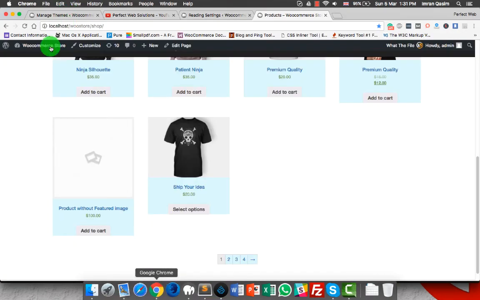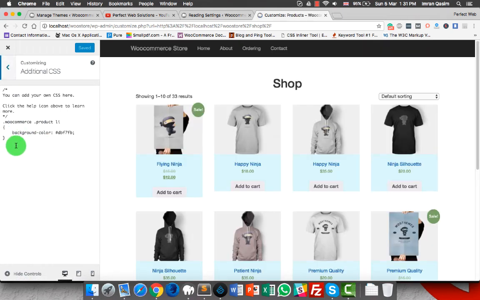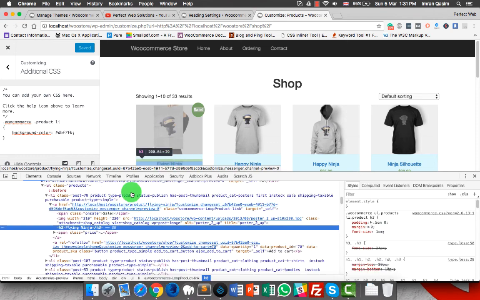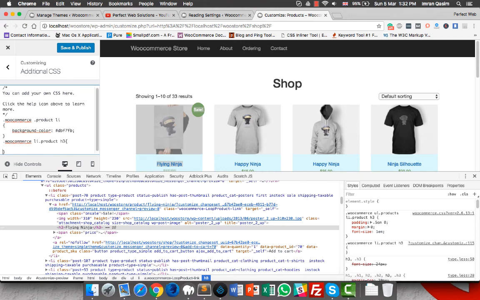WordPress 4.7 does include a customizer where you can also use additional CSS. So you must use this from now on to edit your styling, edit anything. So if you want to change this font size, you can use Inspect Element. So this one is H3. So what I can do is .woocommerce li.product, and then I go to h3 and font size 22 pixels,